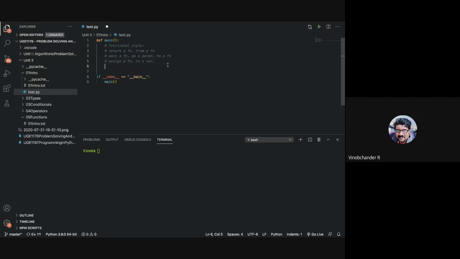Now within main, if I call a function a, and then let me define a function a later. This is hello.